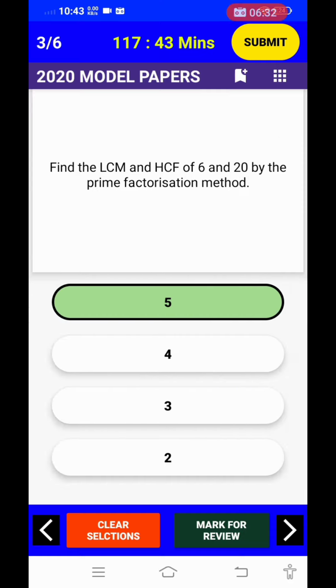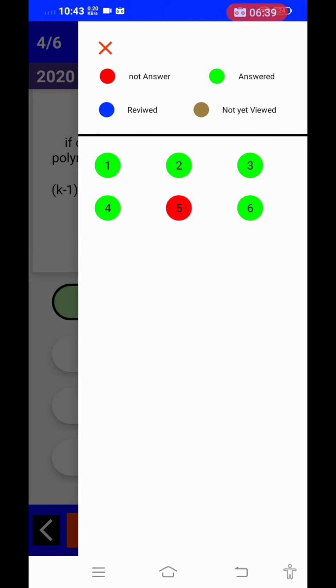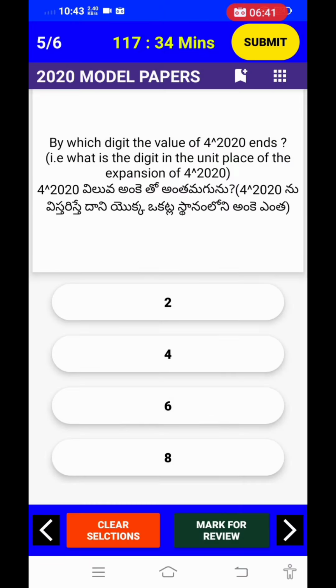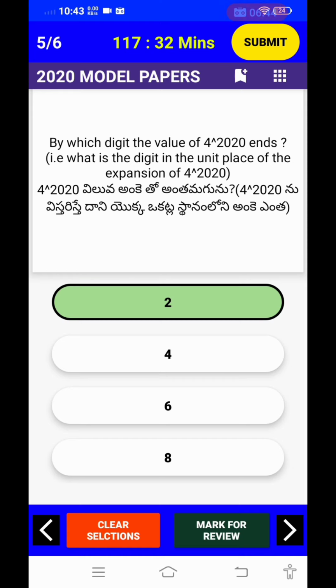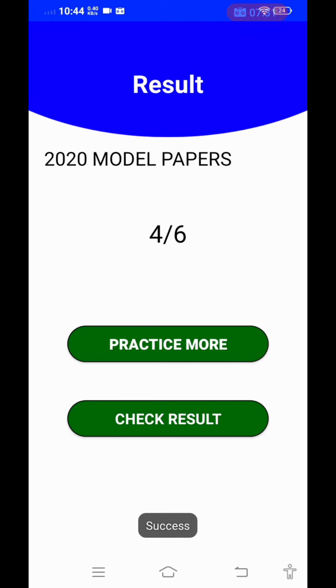Okay, now I will select answers for all questions. One is not answered. Okay, let's give an answer to it. Okay, let's submit the exam. 6 are answered, 0 unanswered. Okay, let's click on yes. Here you can observe that we got 4 correct answers and 4 marks out of 6